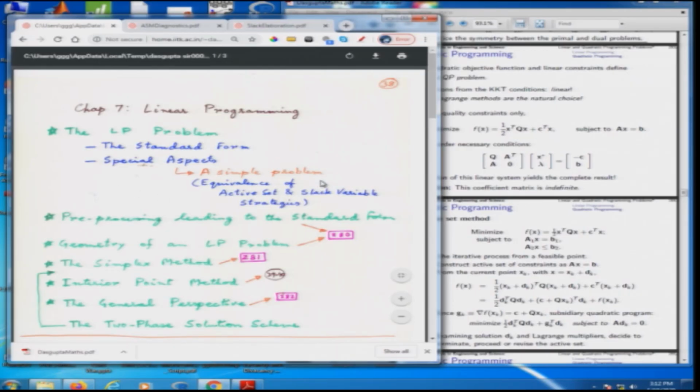In that we will take up two special classes of constraint optimization problems. One is linear programming problem and the other is quadratic programming problem, because in some sense these two are